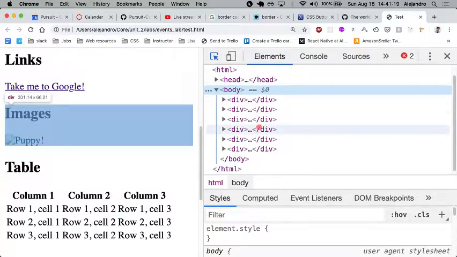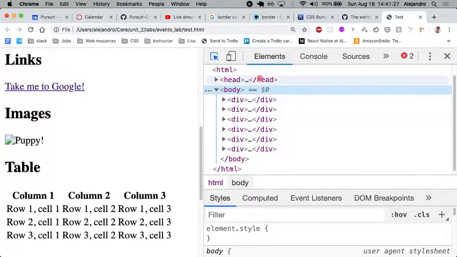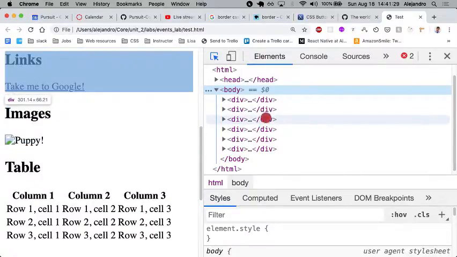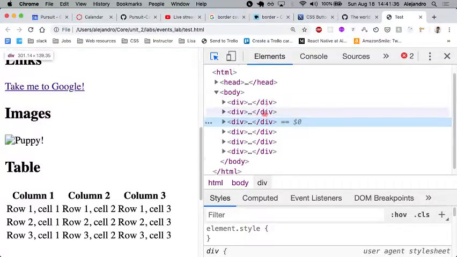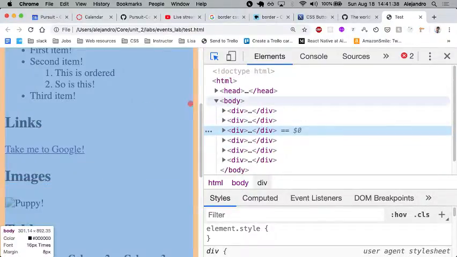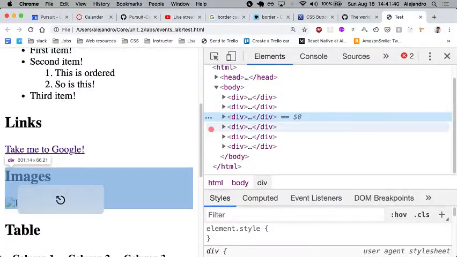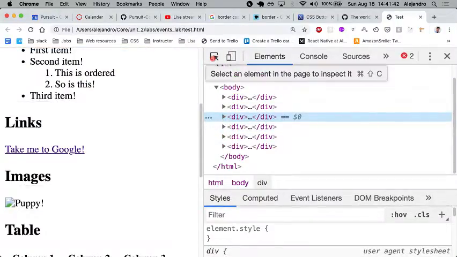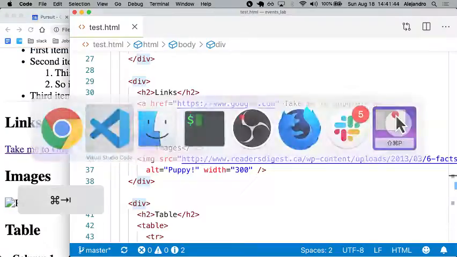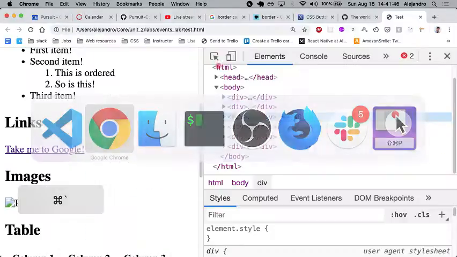So divs are just divisions that you want to make for grouping content together. For instance, in this case, we want the links to be in this div. So if we have more links, we'll probably add them inside this div. But any questions here as to the code of this website? This again I took from the lesson,